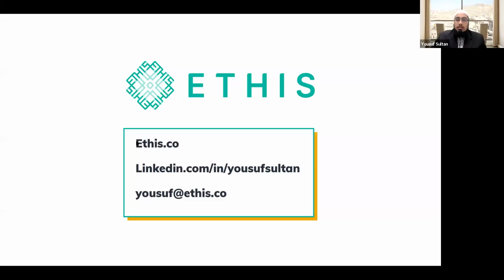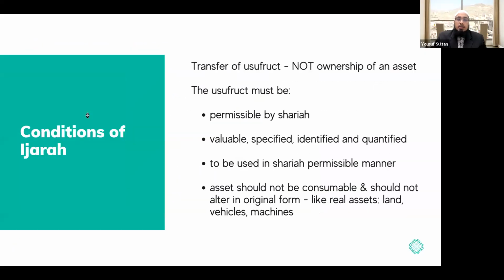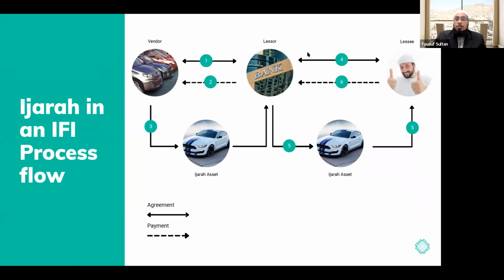The flow was that the customer would procure... let me share my screen again so that we can visualize it. Yeah, I think this one, right? So if you recall, the lessor here is the bank. So the bank will purchase the asset from the vendor. So let's say the bank purchases the asset, the car, from the vendor at 30,000 US dollars. Now the bank will basically rent it out to the lessee at a price at which it will make a profit.